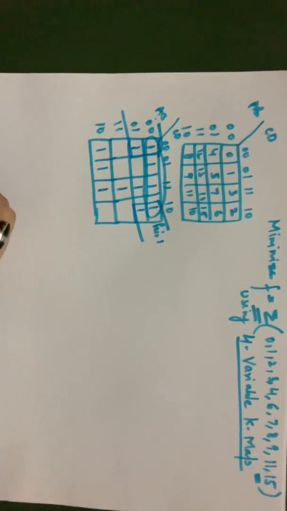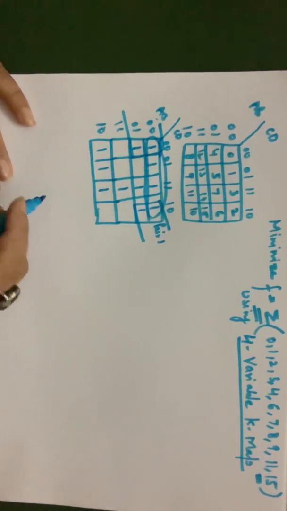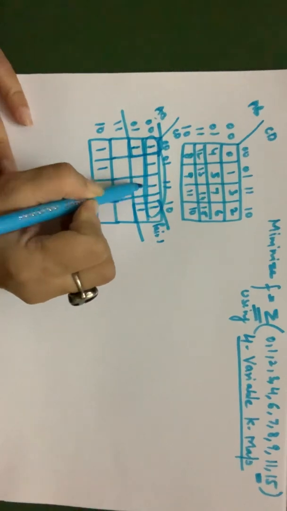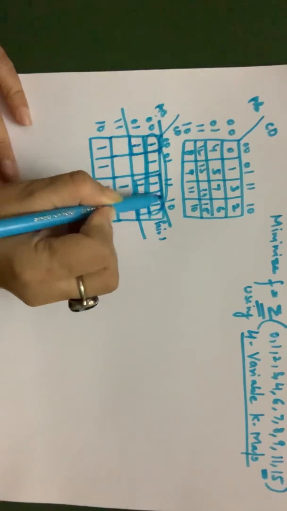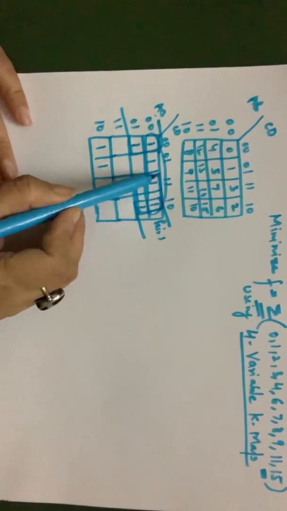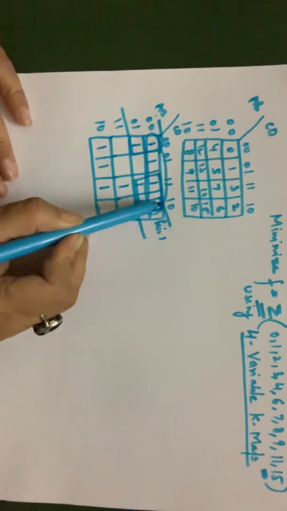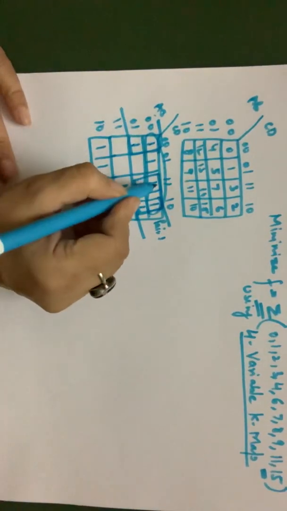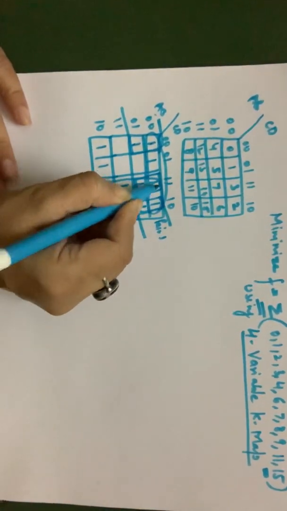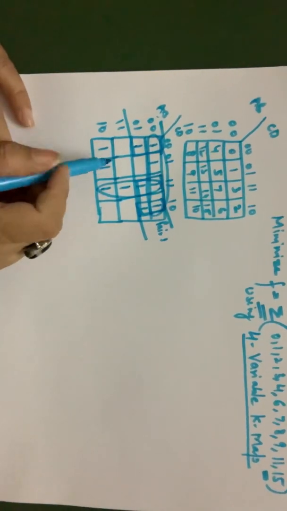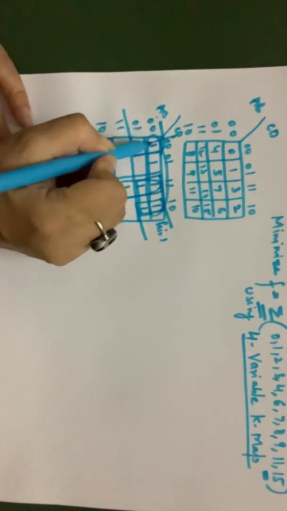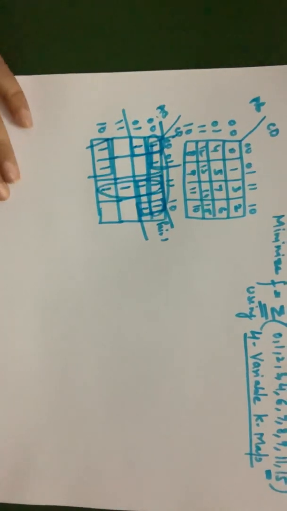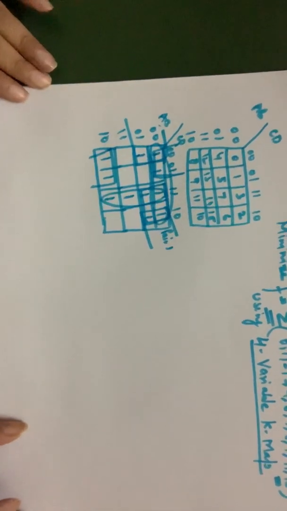Then the next grouping which we can do is, you can see one more grouping is there. You can see here 4 ones are here, so you can group these 4 ones also. Okay, so we have the first group, second group, the third group, and the fourth group is this, and you can see these ones and these ones, these are my fifth group. So now I hope the grouping is clear to you.